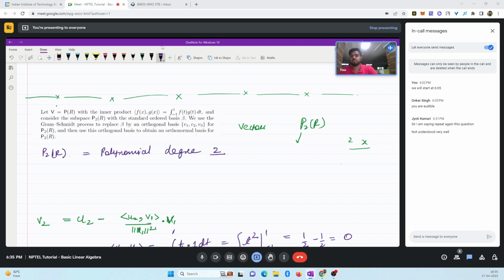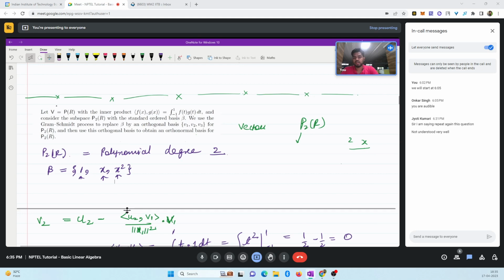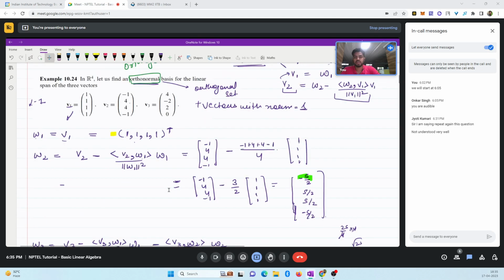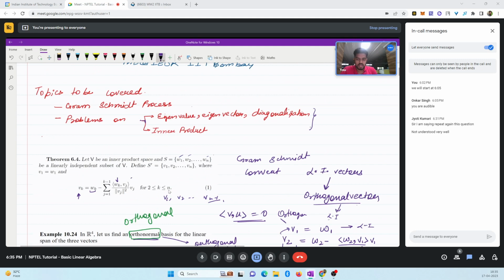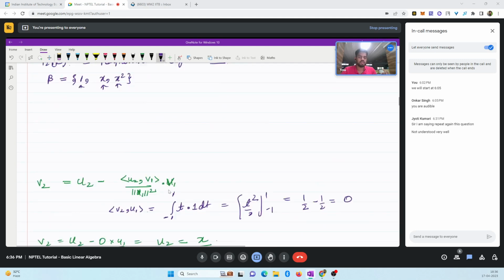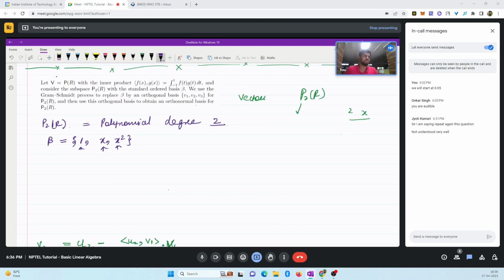अब जब हम लोग ग्राम स्मिथ लगाते हैं, इसका कुछ ना कुछ बेसिस होना चाहिए पहले, या फिर कुछ लीनियरली इंडिपेंडेंट सेट होना चाहिए जिसको हम कन्वर्ट करेंगे यूजिंग ग्राम स्मिथ प्रोसेस। तो वो सेट इन्होंने बोला है कि you take it as the standard basis। स्टैंडर्ड बेसिस इसके लिए होता है 1, x और x स्क्वायर, ये 3 एलिमेंट होते हैं इस वेक्टर स्पेस के। अब ग्राम स्मिथ प्रोसेस के फॉर्मूले में एक इनर प्रोडक्ट भी है ना। तो अब हमारे पास वेक्टर स्पेस है, उसका एक बेसिस है और लीनियरली इंडिपेंडेंट सेट है, एक डेफिनेशन इनर प्रोडक्ट की भी चाहिए हमें कि हम कौन सा इनर प्रोडक्ट यूज करें।